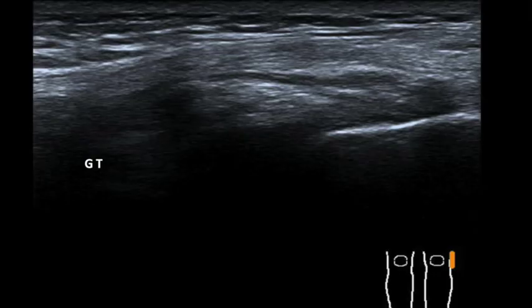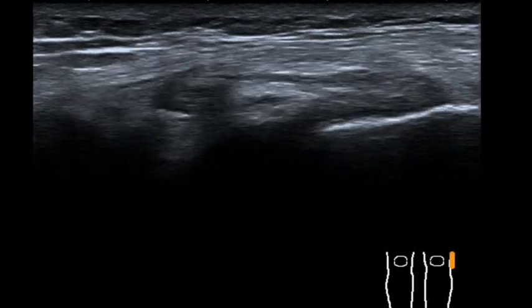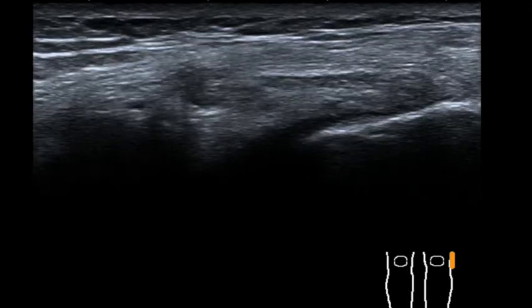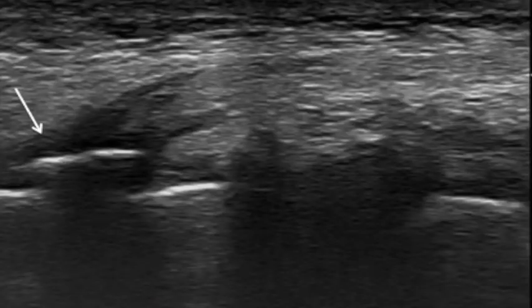Which signs are suggestive of an injury to the anterolateral structure? First, as you can see here on this image, where the tibia is on the left, the anterolateral structure does not change when the knee is internally rotated, so there is no tension on the anterolateral ligament. Furthermore, the better spatial resolution of the ultrasonography makes it possible to detect a large number of associated fractures, as you can see on this static image.